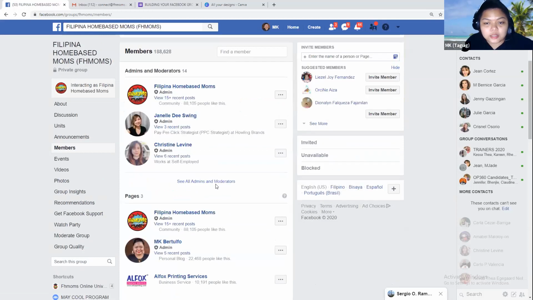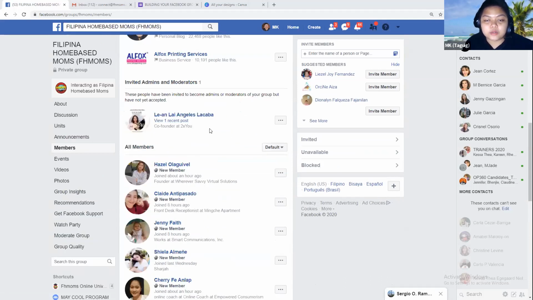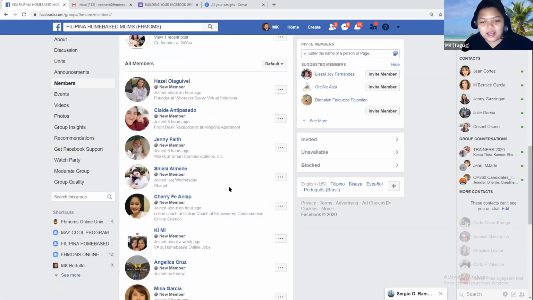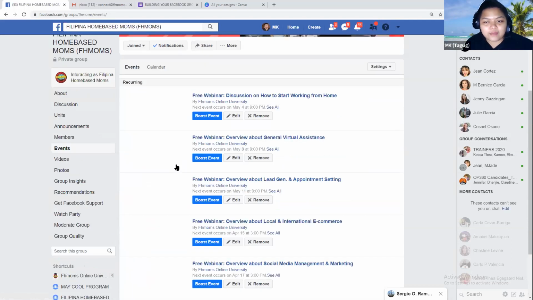Ayan. So as you can see here, you have an option if you want to allow pages na mag-join. The admins and moderators can be found here. And then there's a new feature ni Facebook group wherein kahit hindi sila admin or moderator, you can give them an access or a feature, a power to pre-approve yung mga post nila. I'm not really sure lang kung inalis na nila. Hindi na siya available right now. Anyway, meron siyang ganun nakaraan kahapon. Ngayon wala na. So this is your events tab.